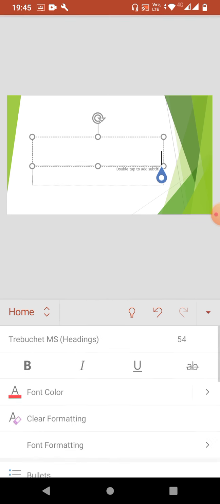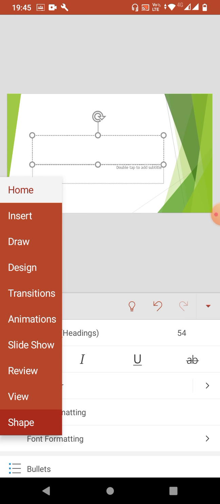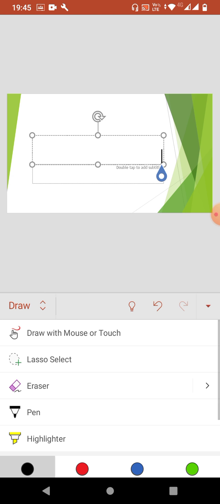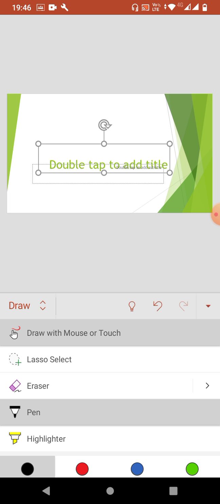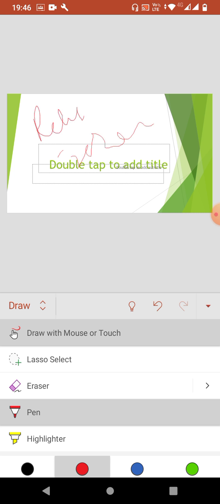Now we are going to explore the next feature, draw, because it's very new over here. Draw with mouse or touch is okay. So let's see what is coming over here. Draw with touch, after that we have to select the color. Now, since it's an Android phone, I can write my name.